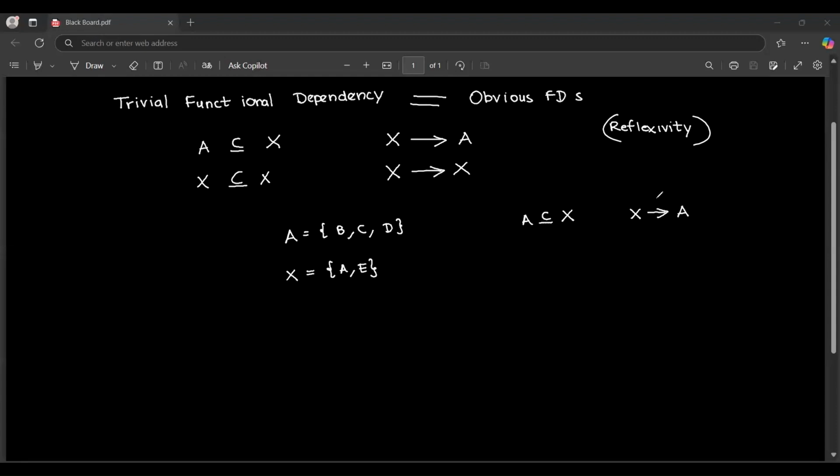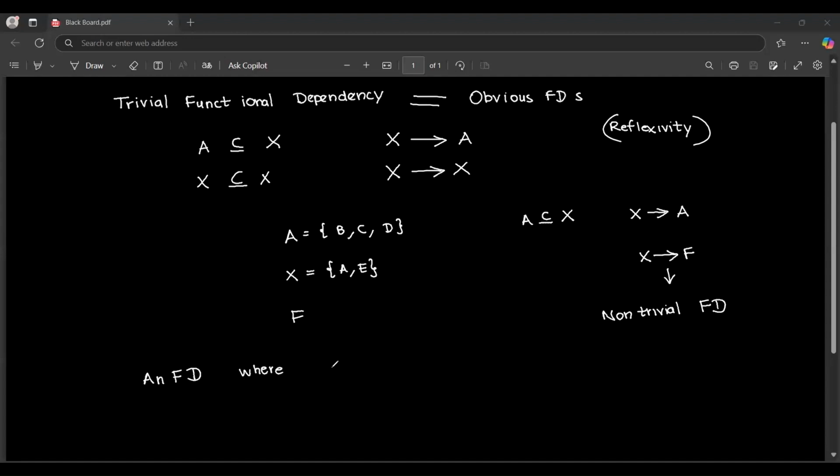Let's say we have another one. Let's say there is another set of attributes called F. And if you say X functionally determines F, well, this one is special. Why? This one is what we call a non-trivial functional dependency. So when we don't have the subsets, what is a non-trivial functional dependency? An FD